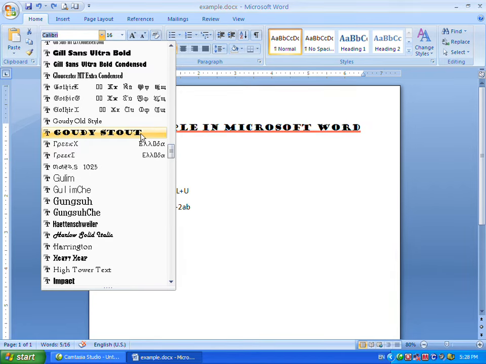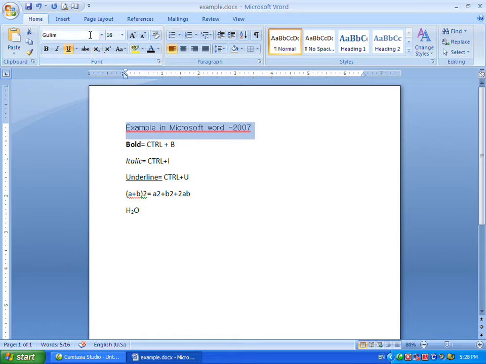When you put the cursor on a particular style, the preview will automatically be displayed on the screen. Observe that. If you want to change the font name to Gulim, just click on this font,